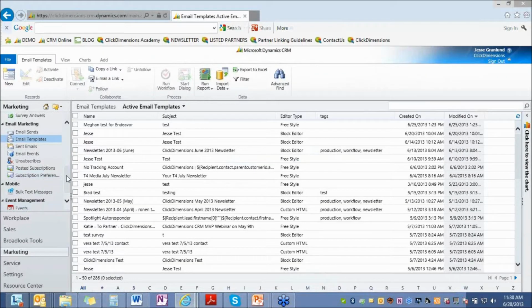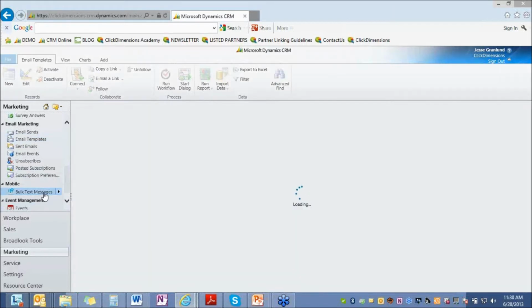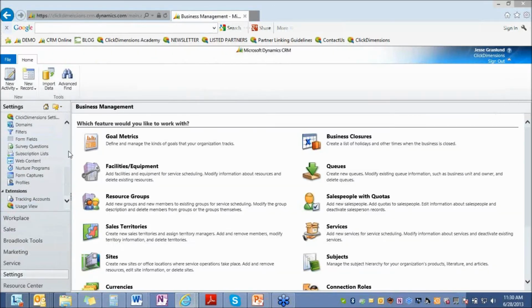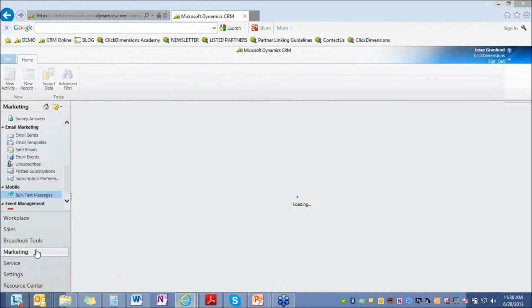And you also have the ability to send out SMS messages. I won't spend too much time on that today, but you have the option of sending text messages individually through workflow and to marketing lists in CRM. And then last piece with the email, actually let me go back up and show you the email send record